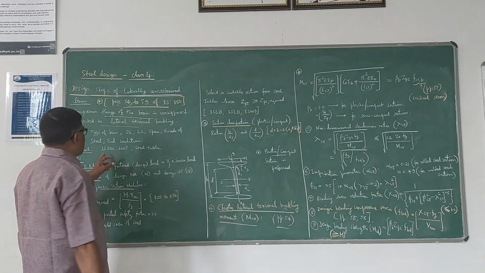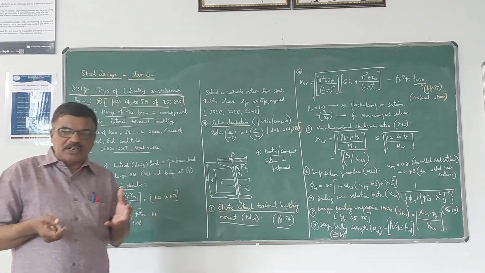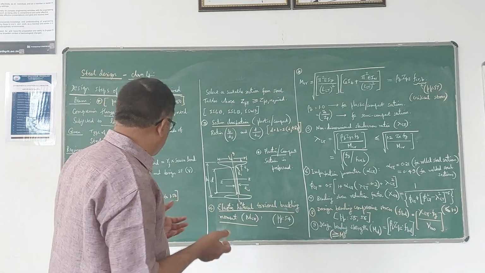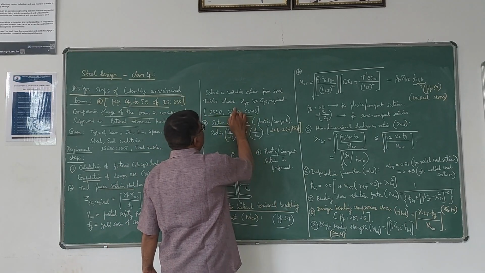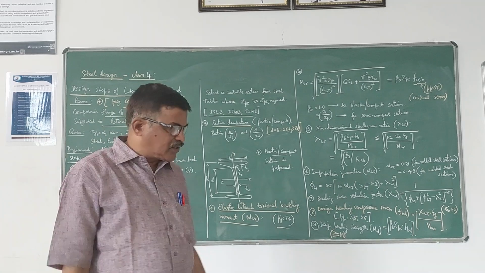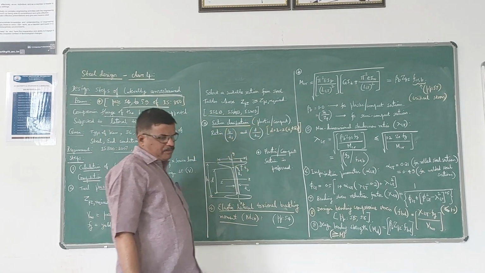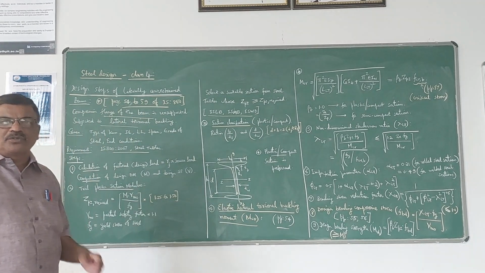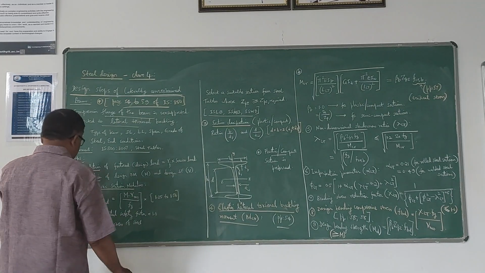So the requirement is IS 800 and steel tables, because we have to choose the required section from steel tables. Usually ISLB, ISMB and ISWB sections are used in the case of steel beam design. So, light beam, medium beam or wide beam. Heavy beam sections are normally used for columns. Now the steps run like this.